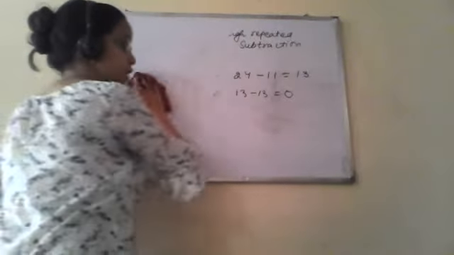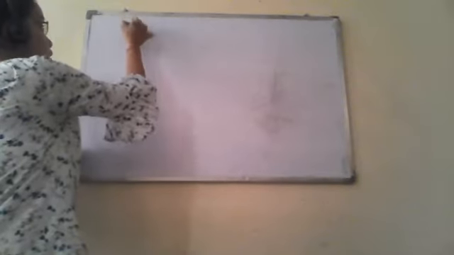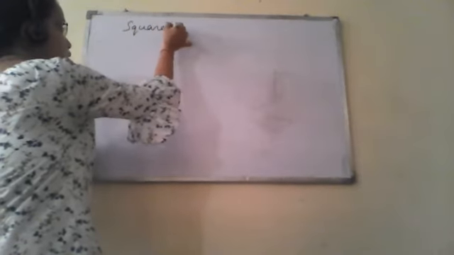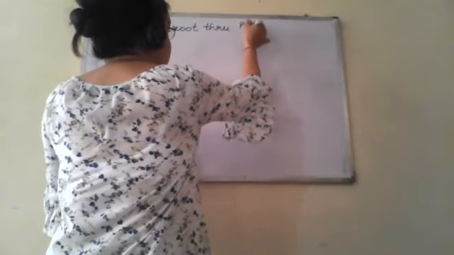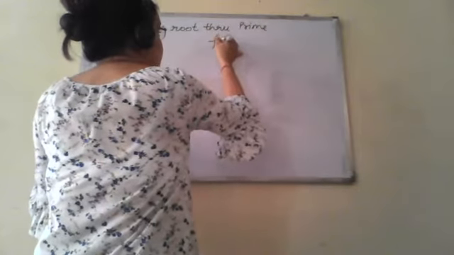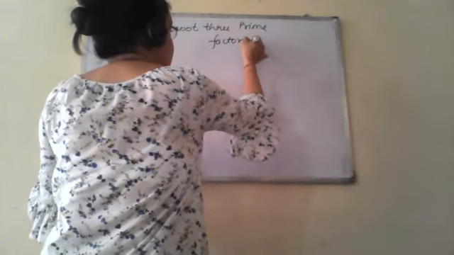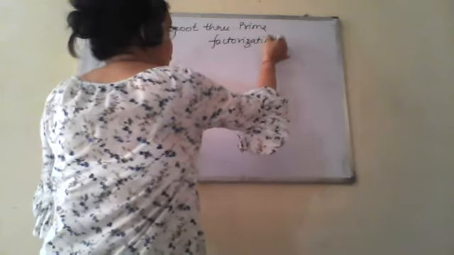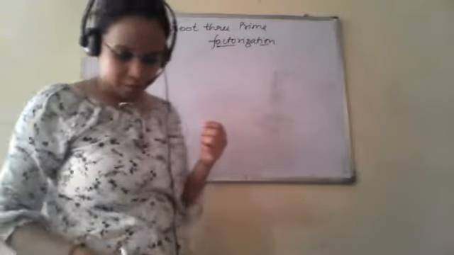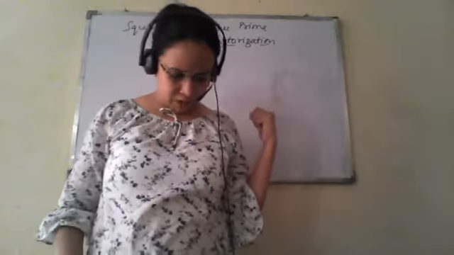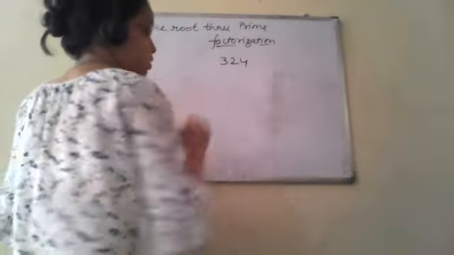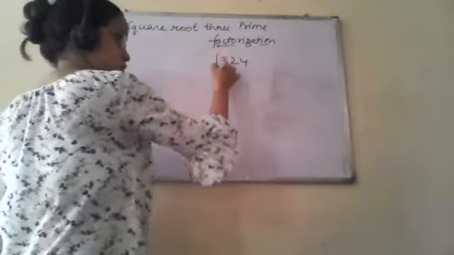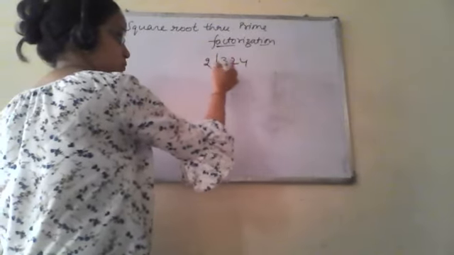Now square root by the prime factorization method. We have to find the square root through prime factorization. I hope everybody is aware of what prime factors are. So this we'll see with the help of examples. One example we are taking is 324. Like you used to do prime factorization, we'll do the prime factorization of this number.